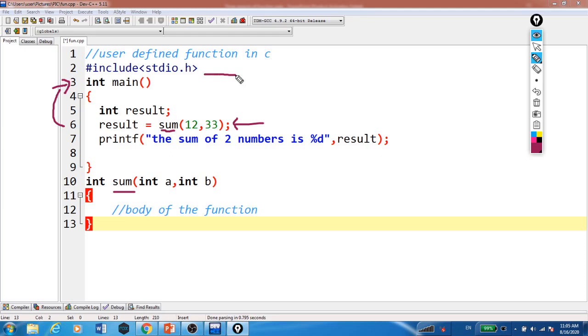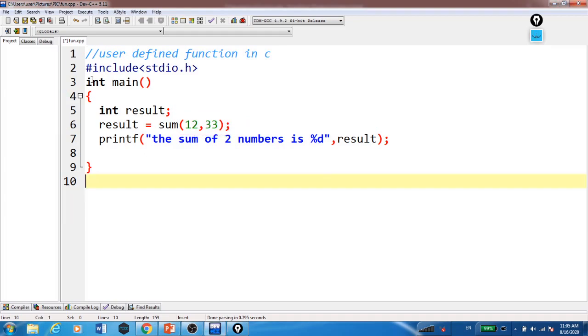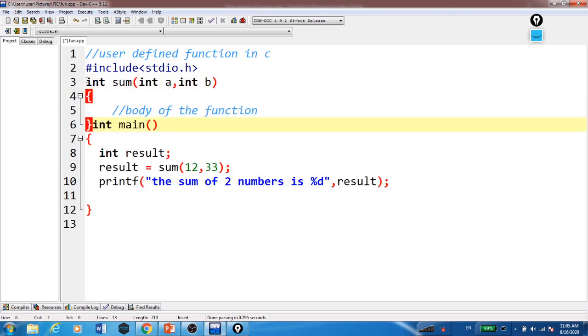So always, above the call of the function, we have to write the definition. So for this, we will take this and give the definition above the call of the function.